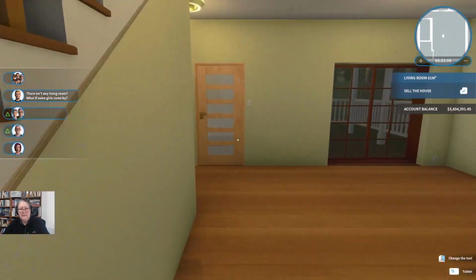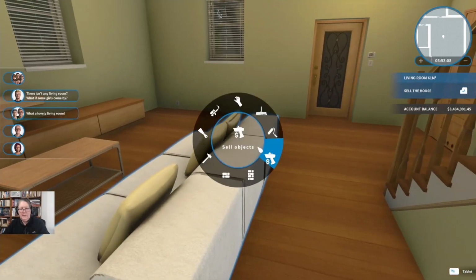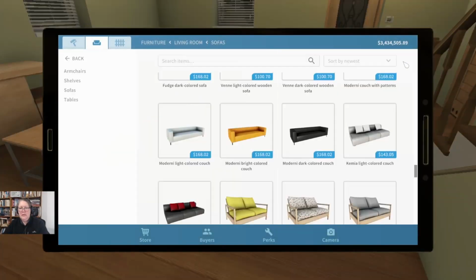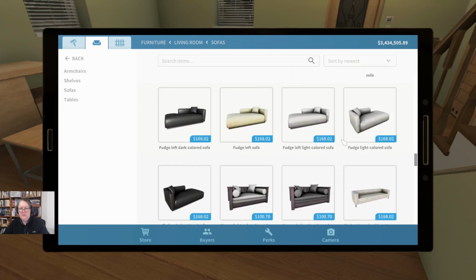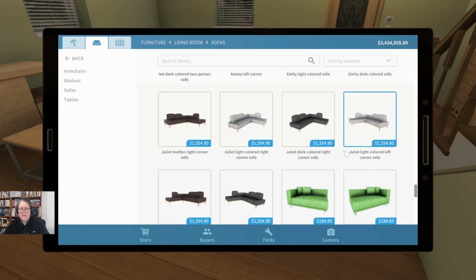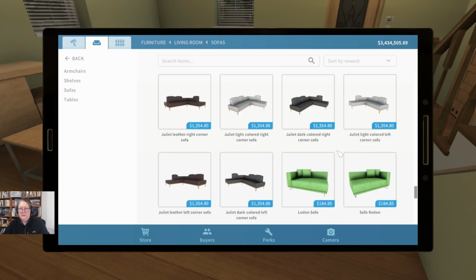We could do that. I'm not sure I want that actually. I think we might do a corner couch instead. I like the corner couches because they help define their spaces, if that makes any sense. So the Juliet,